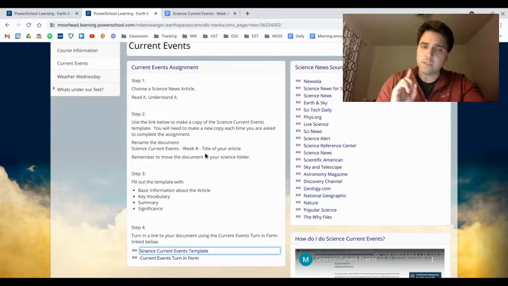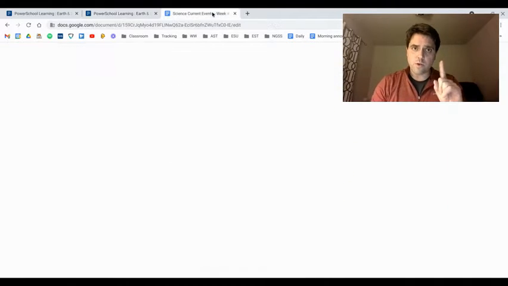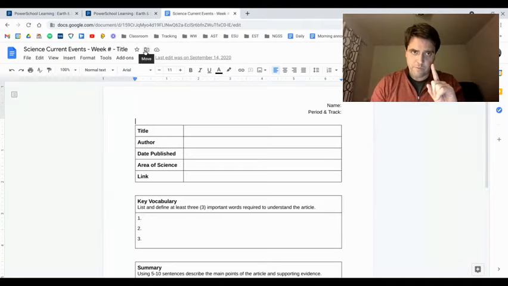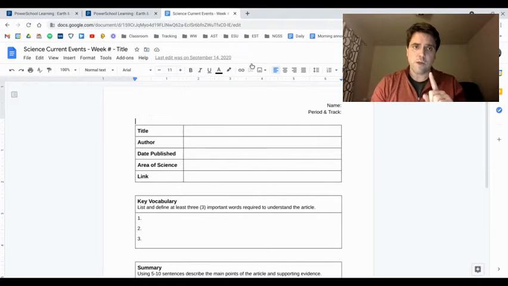When you're setting up your document, and this is one thing that a lot of people are doing wrong, you are not naming the document correctly. I don't know which one you're looking at. You're not moving it to your science folder, so I can't see it. So please make sure when you click on that link, you move it to your folder, number one. So click on the folder button and move it to your science folder with your last name, so it's shared with me. And number two, make sure you update this name.